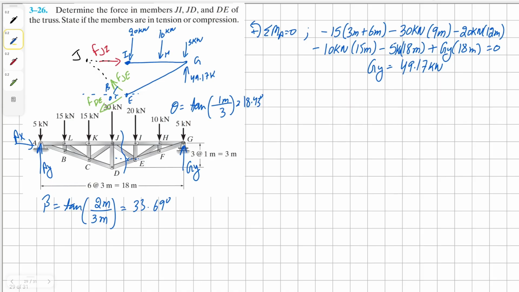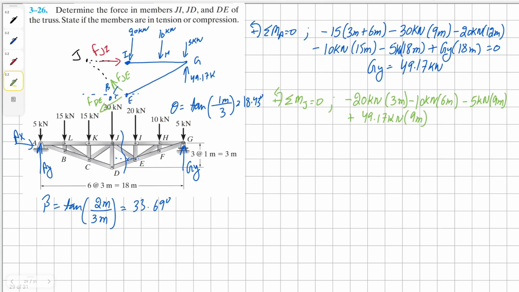Now we can solve for this problem. Okay, to begin, let's take a moment about the point J. In order to find our solution for member DE, we're going to have an external reaction force of 20 kilonewton in clockwise direction, 3 meters away from J, clockwise 10 kilonewton, 6 meters away, clockwise 5 kilonewton, 9 meters away, counterclockwise 49.17 kilonewton, 9 meters away,